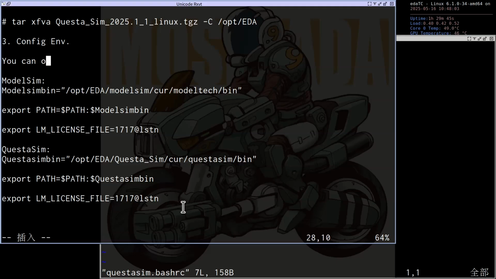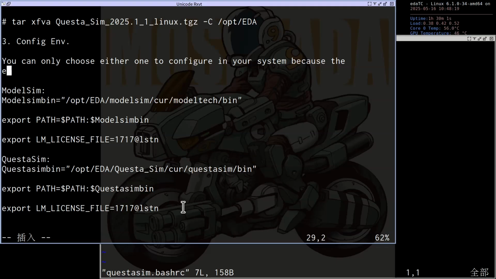You can only choose either one to configure in your system, because the executable name is vsim.